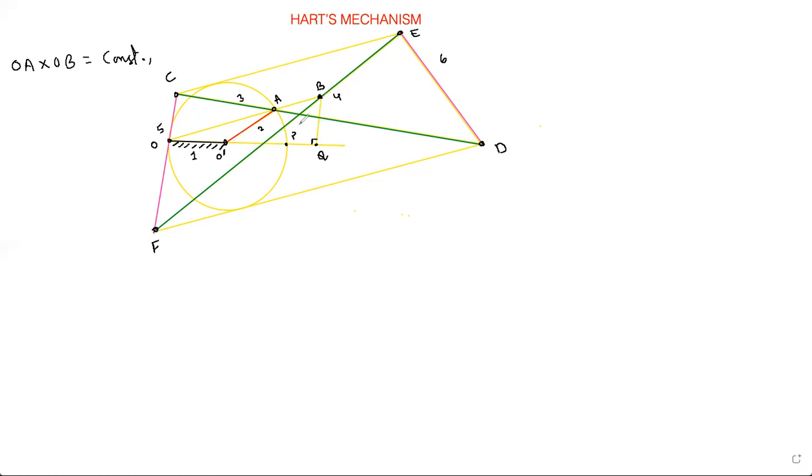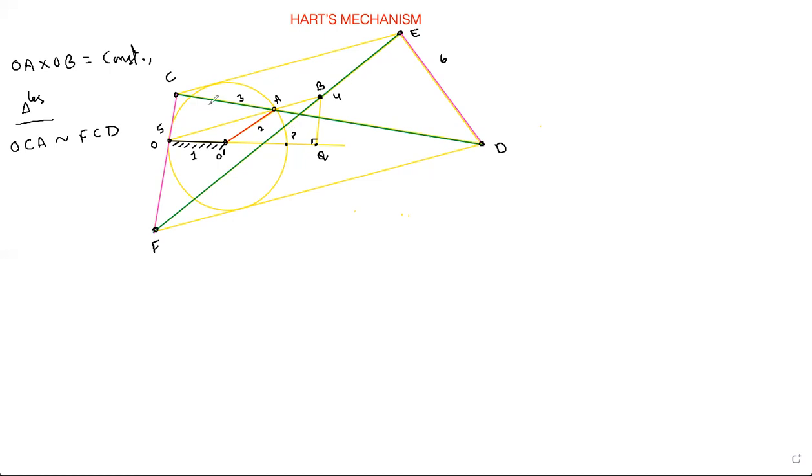So to do this proof, first we need to check OA. If I see OA, I can see some similar triangles. Just check them and let me know. OCA similar to FCD, yes or no? I think you can see that it's very clear. OCA is similar to FCD. The angle is the same and they are similar triangles. This OA is parallel to FD.